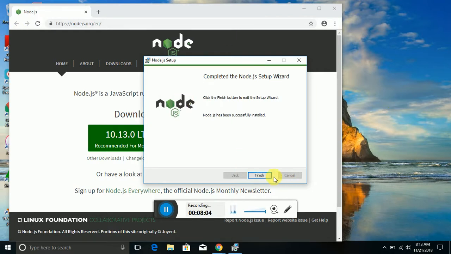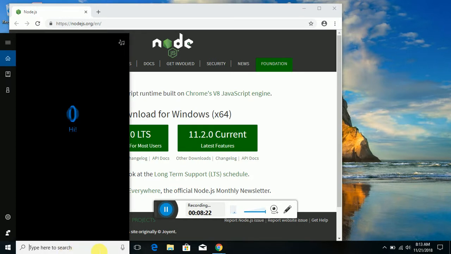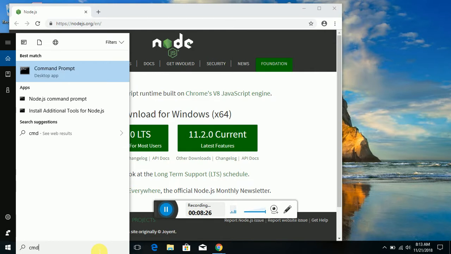Okay, I'm gonna click on finish. So once I click on finish, I expect the node to have finished installing. So what do I do next? What I'm gonna do next is that to make sure that it has already installed, I'm gonna click here on this search button below. I'm gonna type in CMD. CMD simply means command prompt. So this is command prompt. I'm going to open it